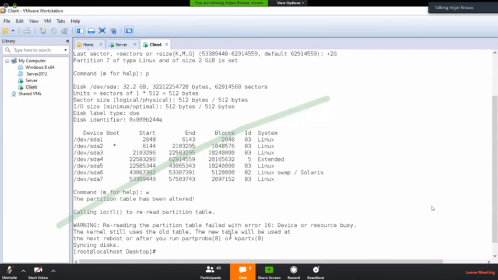Now it has been saved into the partition table, but to use that newly created partition, you need to reboot your system. But it is not justified to create partitions at any time and reboot your system.